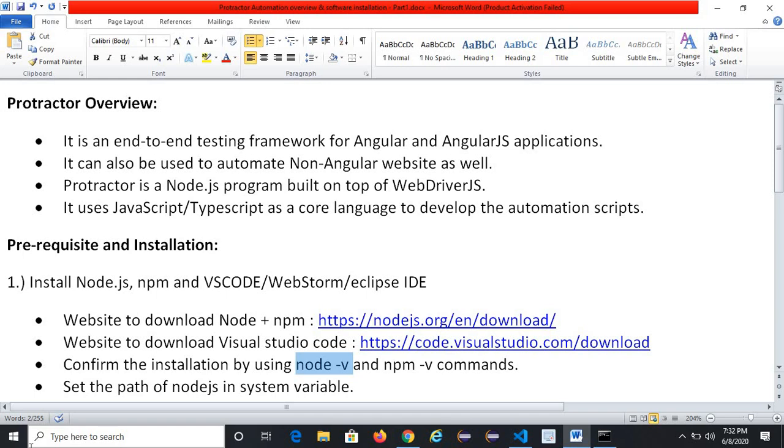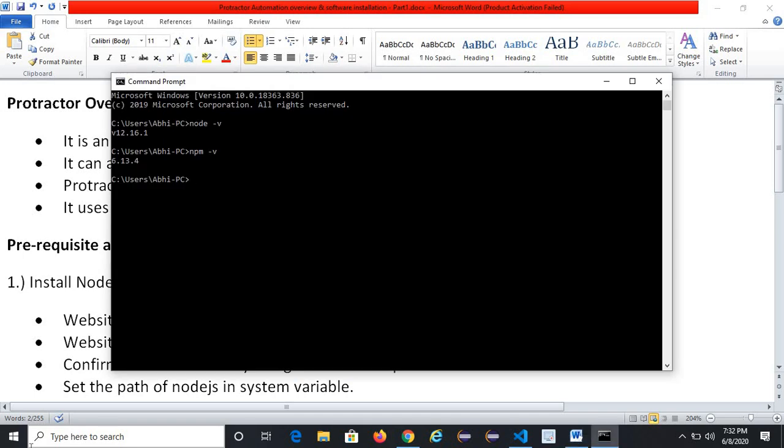That's why I have not installed them right now. If you are getting any error when giving this command, then it means there is a problem and it has not been successfully installed in your system, and you have to look into it.